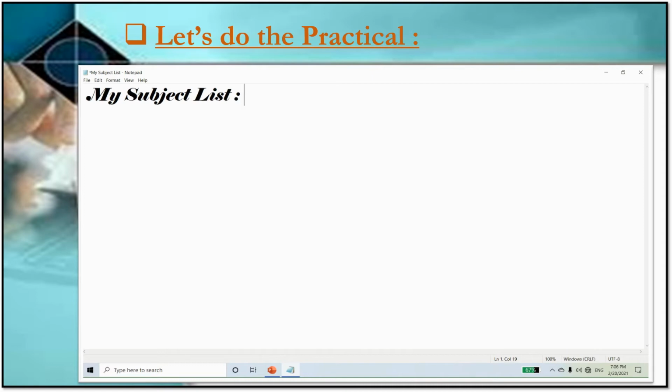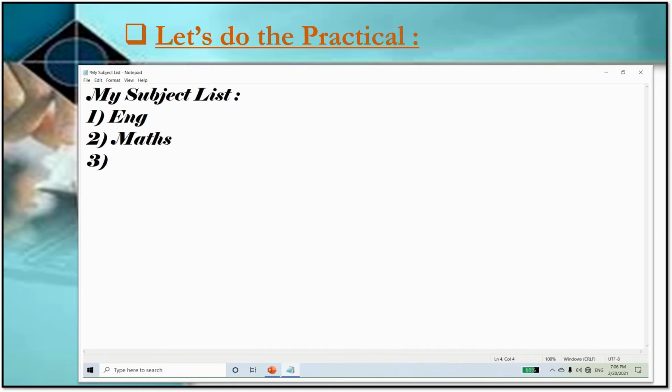Now the cursor I want in the next line. For that I will click on the enter button. And here you can see my cursor was in the next line. So now I will type the list of my subjects. So my first subject, that is English. Now afterwards my second subject, that is maths.